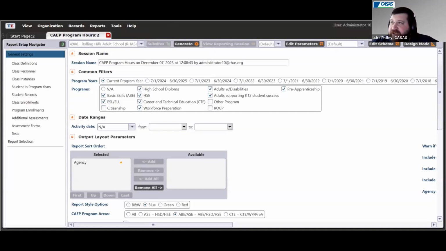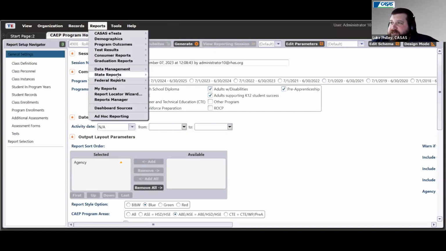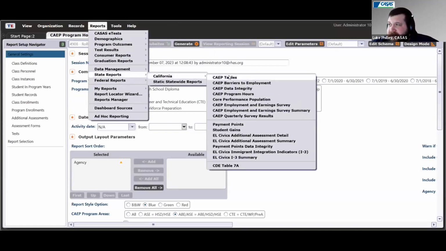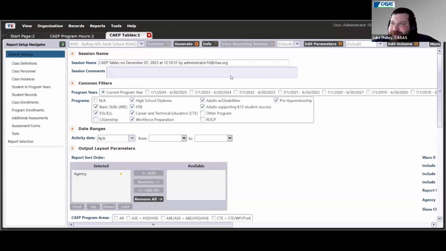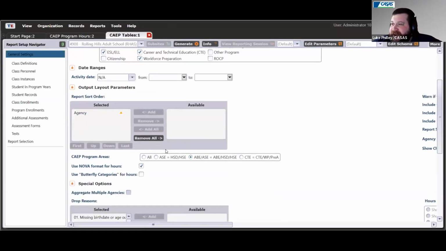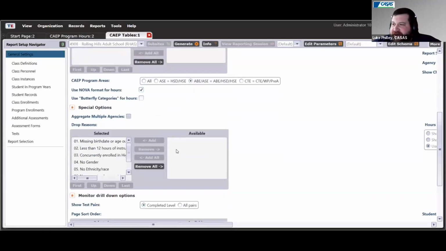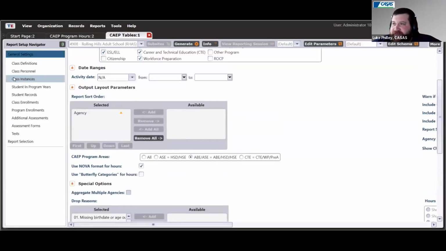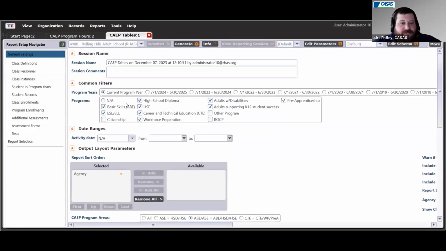All right, perfect, Connie. The next one is the big one, when everyone says, "Oh, what are the tables? Is that just one table?" No, it's not. When it populates, again, this is the CAEP stuff, so we're getting all of our CAEP program areas. You can do the same thing to help you out with the programs, the NOVA hours, and you're wondering why that's there. If you need to break it down by specific classes, you can, or if you want to break it down by a program, you can still do that. All of that is exactly the same. So when you go ahead and click generate,